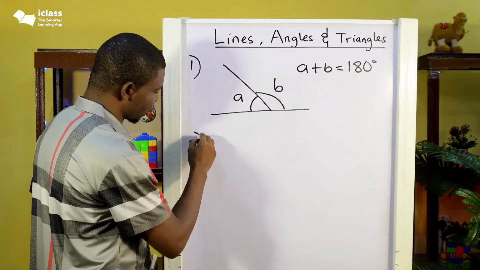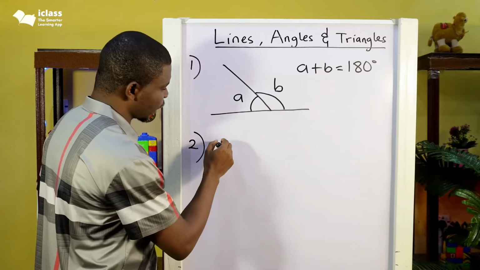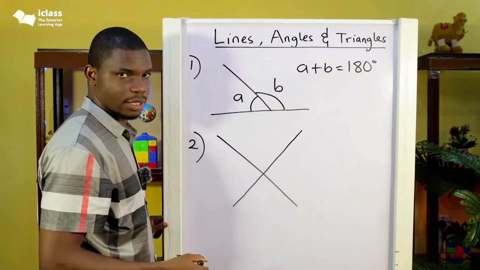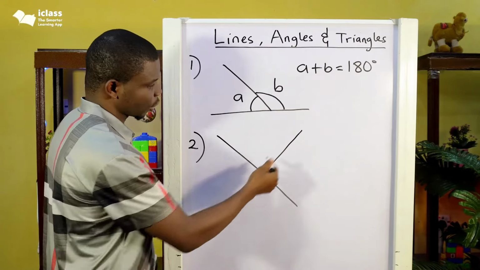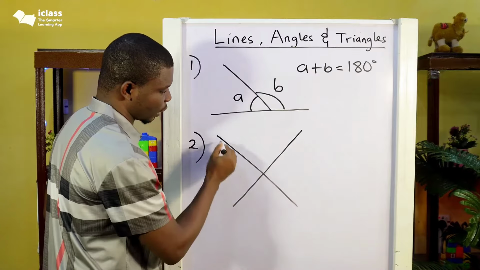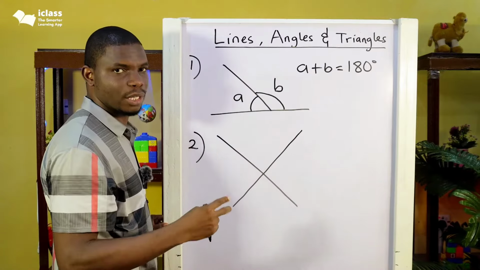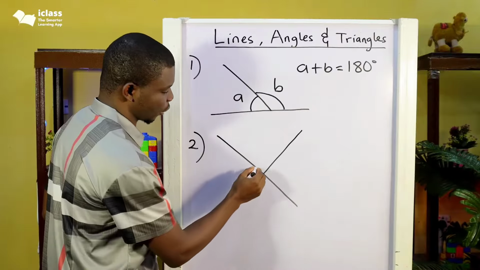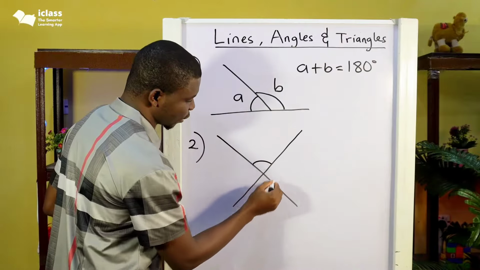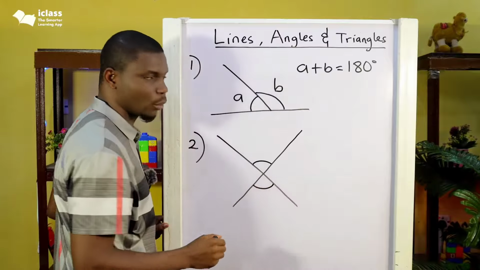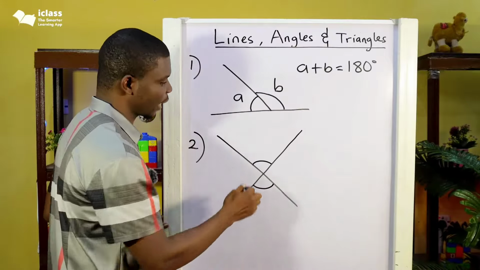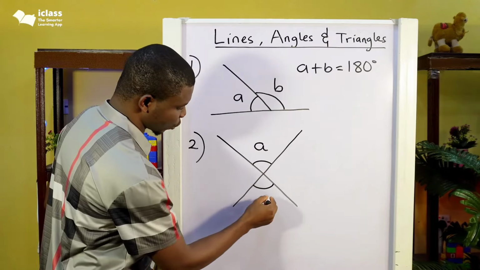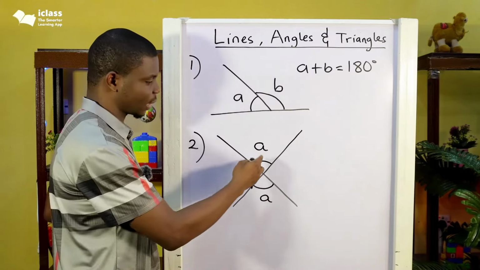The second geometrical angle I will talk about is when we have two straight lines intersecting this way. So when you have two straight lines crossing themselves, they form two pairs of vertically opposite angles. This is what I mean. This angle and this angle are vertically opposite and they are equal. So it means if I label this as A, I can as well label this as A because vertically opposite